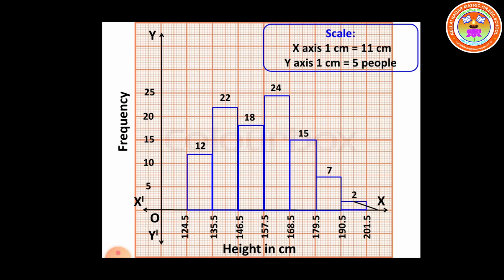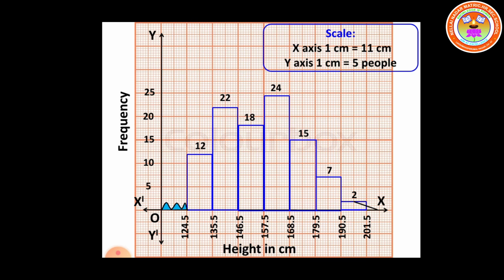Now we have to draw the frequency polygon. So first you consider from the starting origin. From the origin to the first class limit 124.5, and the next ones all have a difference of equally 11 centimeters. So the first one is not equal, so we have to put the break curve like this. Then we have to draw the frequency polygon.